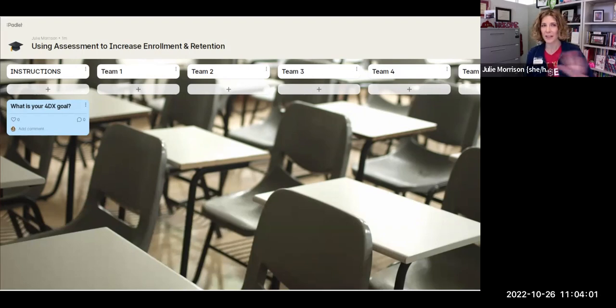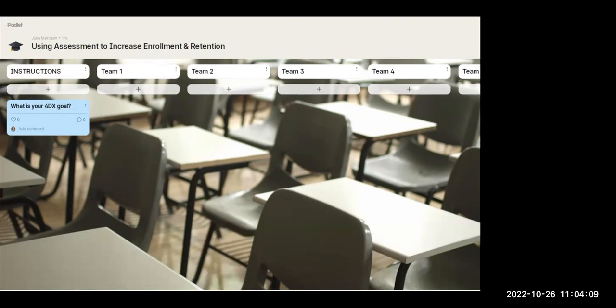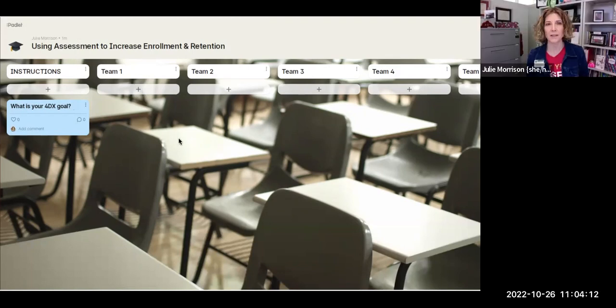To play along on the Padlet, you just click the little plus sign. You would click this little plus that's right here. It would open a little window. Oh, what happened? Let's see. Okay, no, it looks like we're still recording. Okay, good. It'll open a little area where you can write something in, or you can just throw it into chat and tell me. I'm just curious to know as we start, before we talk about anything assessment related, what are you trying to achieve with 40X, especially if it's related to enrollment and retention?